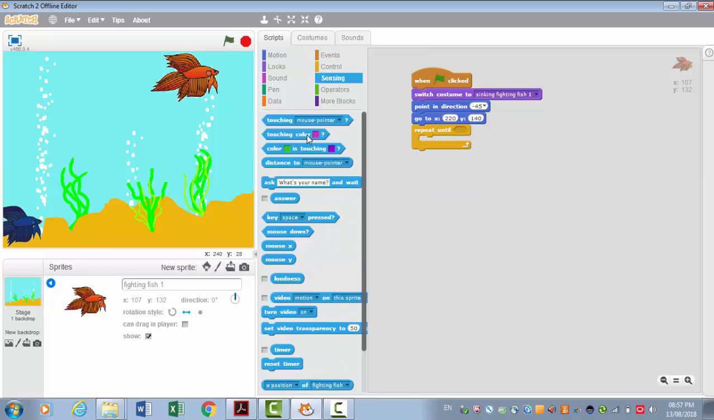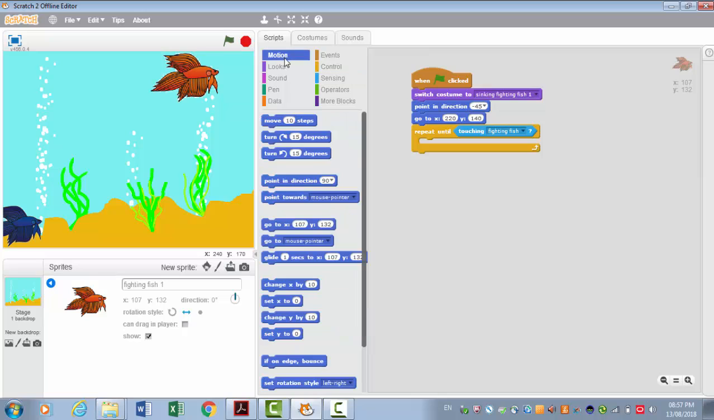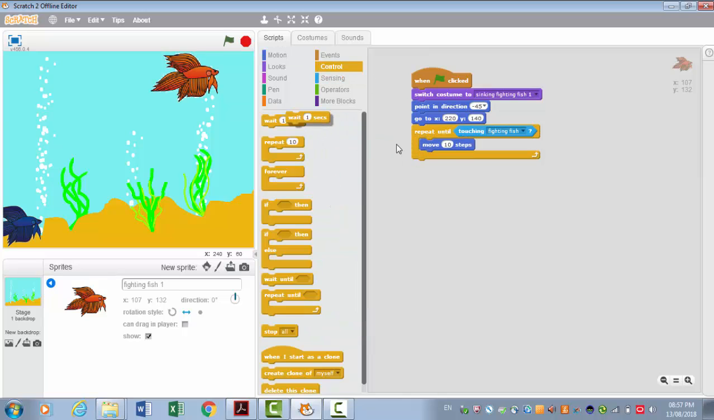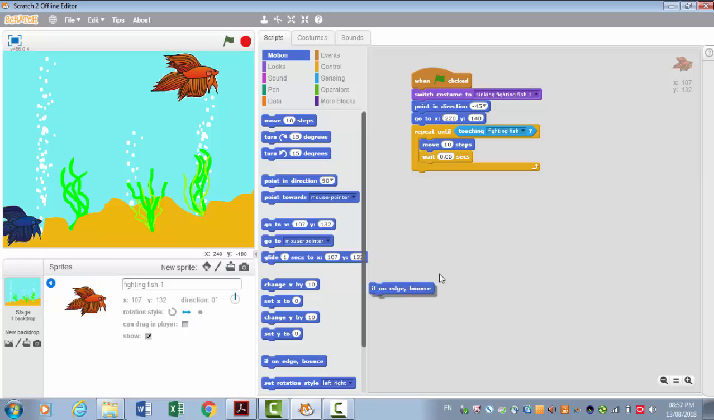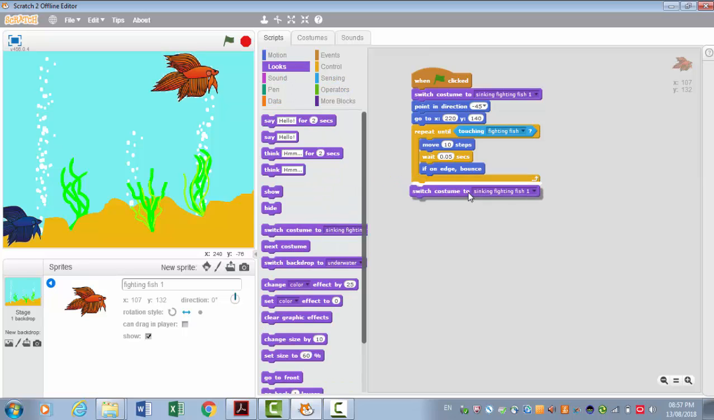So again, repeat until, under sensing, touching fighting fish. If it doesn't touch, you move 10 steps, wait 0.05 seconds. So this is the same. Move 10 steps, wait 0.05 seconds. Back to motion, if on edge, bounce. The moment it touches the other fighting fish, under looks, you'll switch to